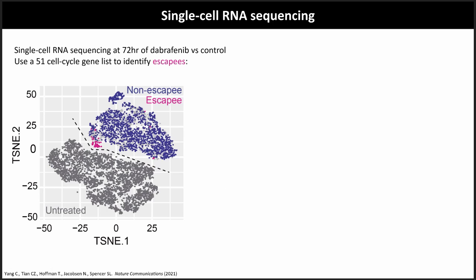So for example, long-term time-lapse microscopy, where you can track cells over long periods, but you can only measure a few signals in a single cell, versus, of course, single-cell RNA sequencing, where you can measure many, many things, but only at one time point. But in this case, we could map between these two technologies because we knew the SKPs were cycling, and so we can light them up with the cell cycle gene signature and see that they fall in this little pink